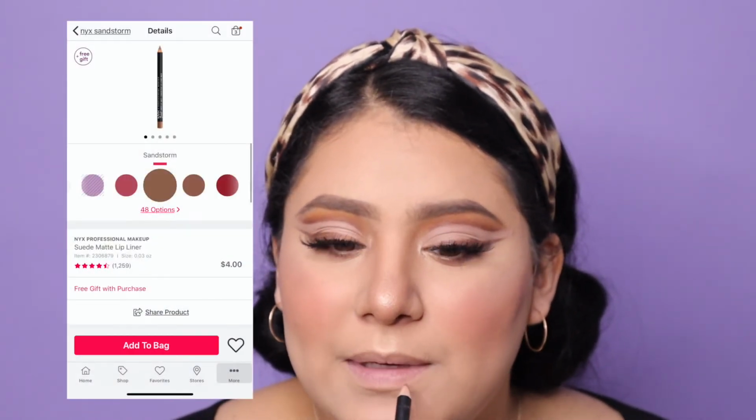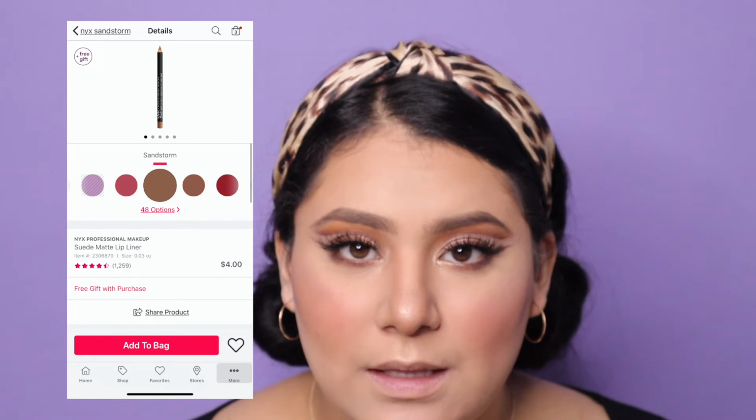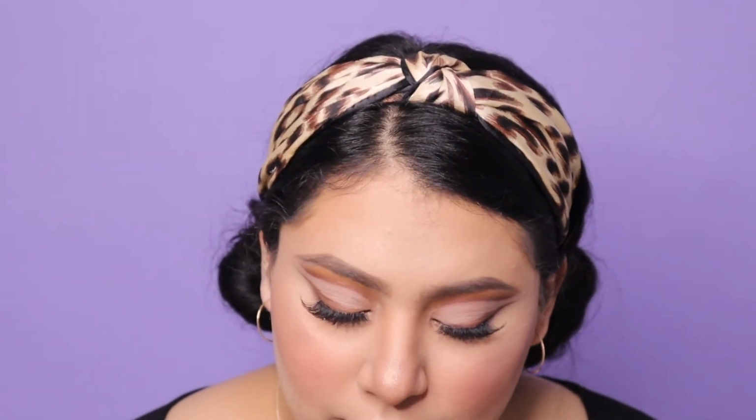Now it's time for my lips. I'm gonna go ahead and line my lip. I really love NYX lip liners. This one's in the shade Sandstorm. I also really like the Sandstorm suede lipstick. I like to overdraw my lips just a little bit to where it's not noticeable. And then I'm going in with my favorite